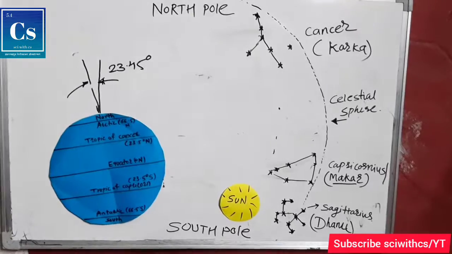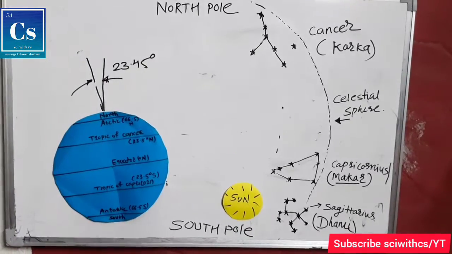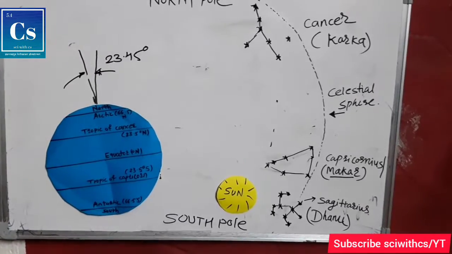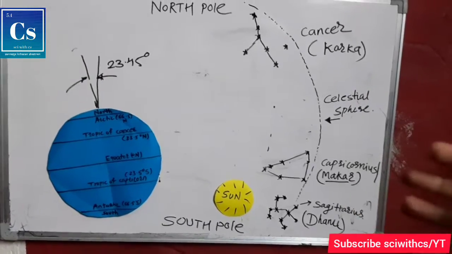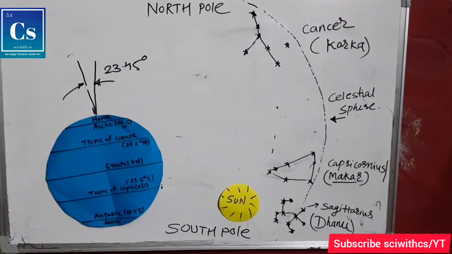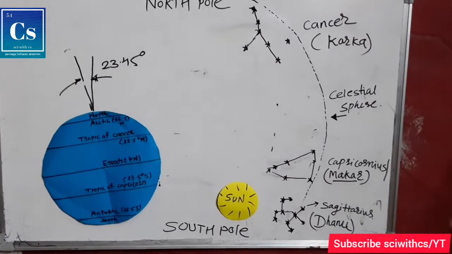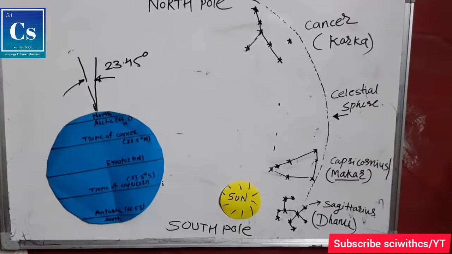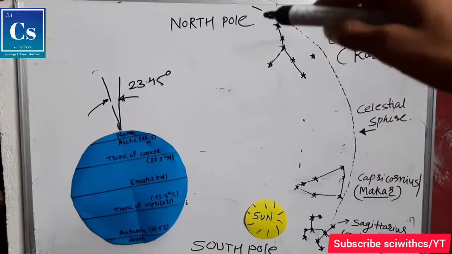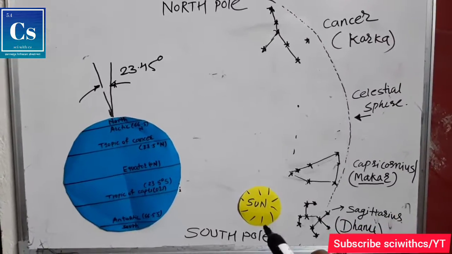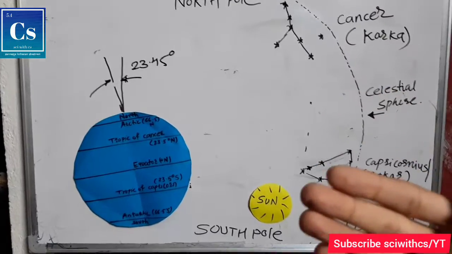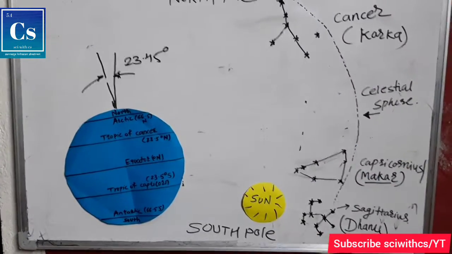Like many of these constellations, we assume that they are on the celestial sphere and they don't move. We assume that because they are far from the earth. Actually they do move, but we can't notice much difference or movement in the sky. So we assume that these are fixed on the celestial sphere. And this is the North Pole you can see here, and this is the South Pole. The North Pole is common for the earth and the celestial sphere, and similarly the South Pole is common for the earth